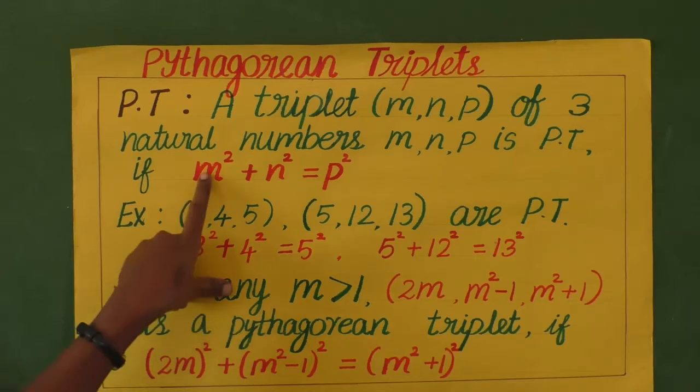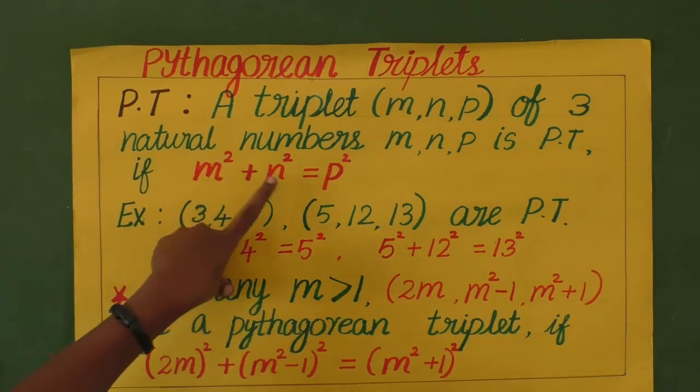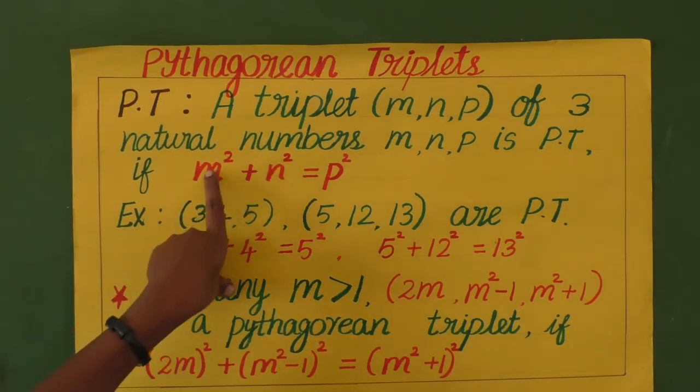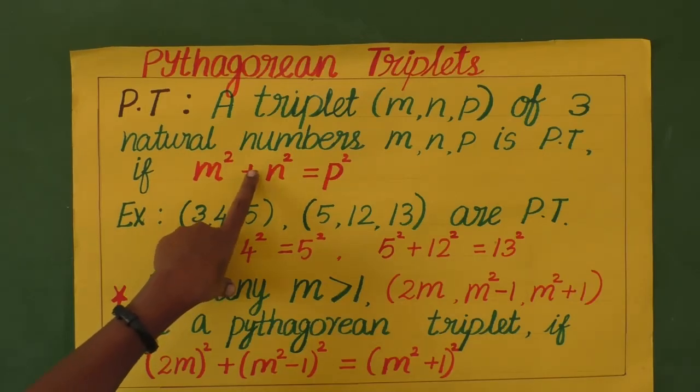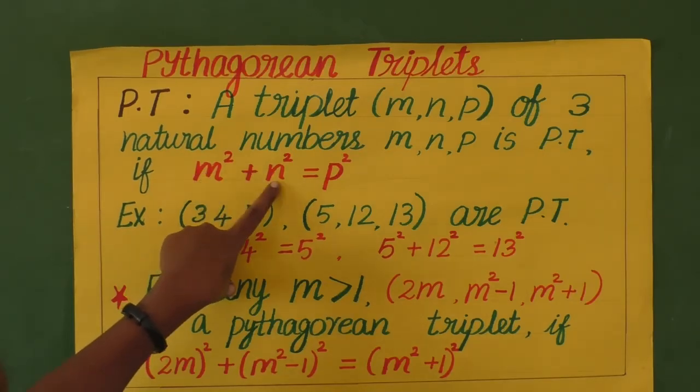That if you multiply m square and n square, if you take the sum of the square of m and n, definitely